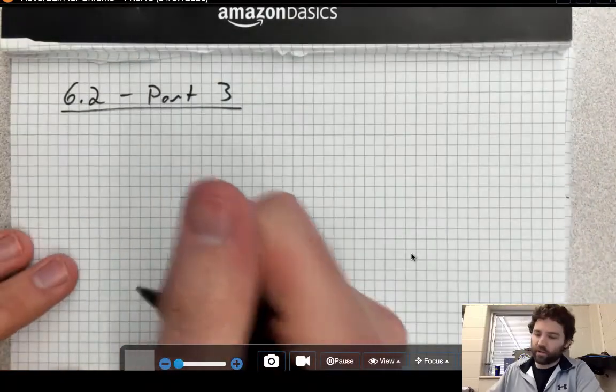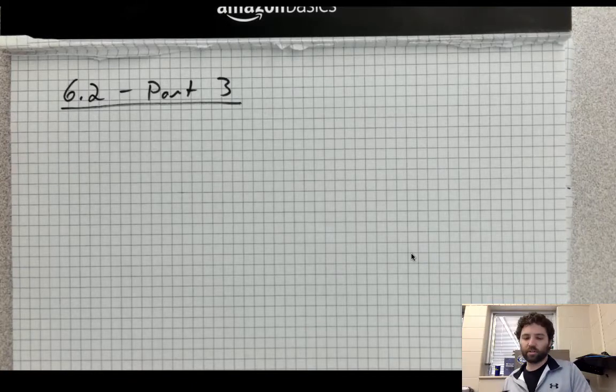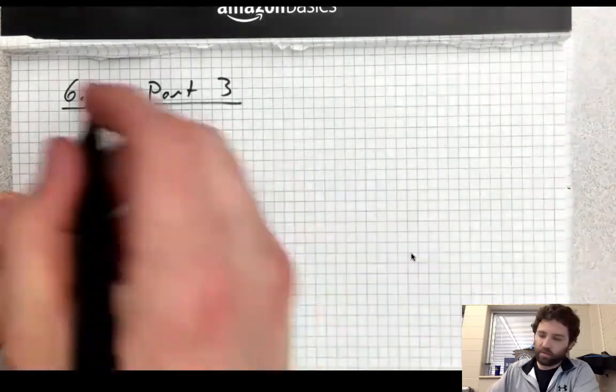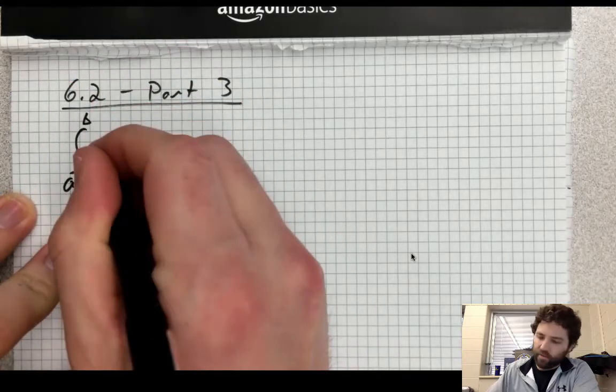All right, 6.2 part 3. I want to show you how to do integrals in your calculator here. So in order to do this in a calculator, this is the notation. If you have some integral from a to b of f of x dx,